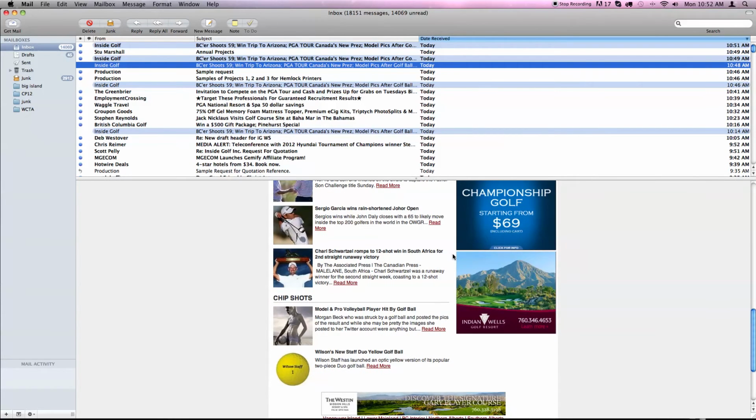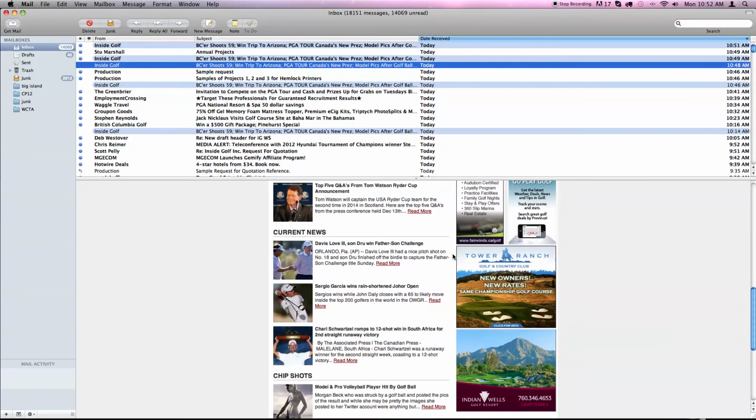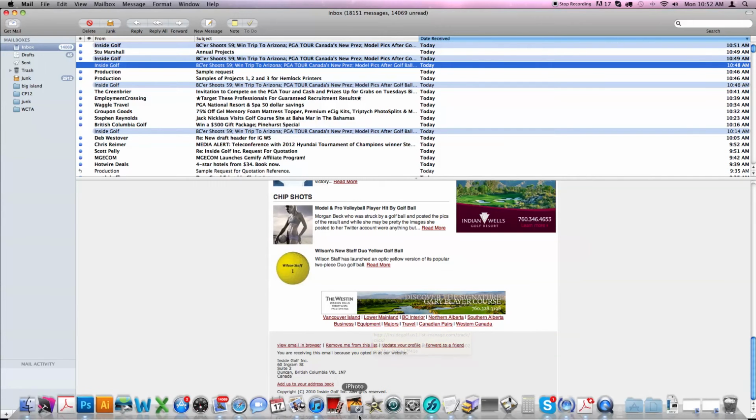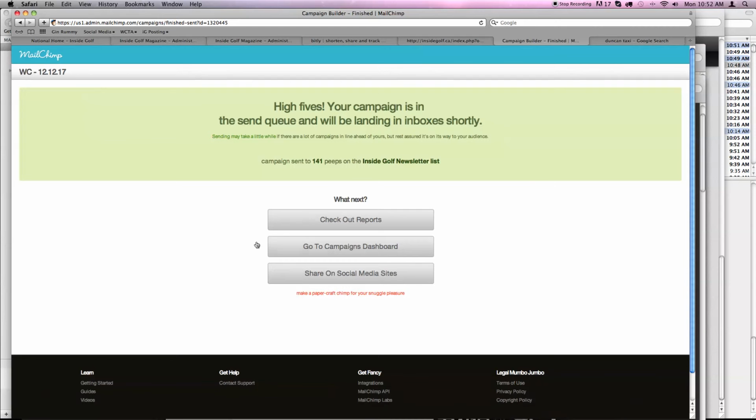We actually do have the ability to make each one of these different, and we do on occasion. You notice down here the ones we have at the bottom. It's the same here as it is on the web version: Business, Equipment, Majors. We have specialty newsletters that we send out. If we had an equipment one, I'm just going to talk about that for one sec. If we go back to Mailchimp here,